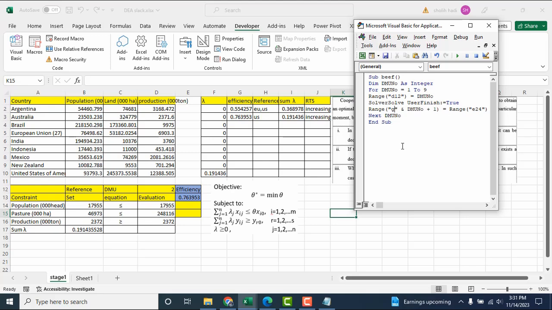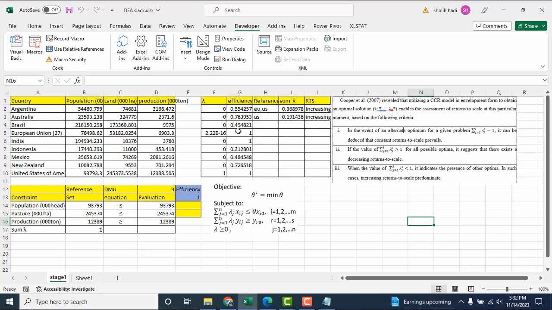We put in G, DMU number plus 1, because we start from G2, so DMU plus 1, and we copy the DMU number E13 because we will copy the result. So we edit here and we run here, try, and get all the result.